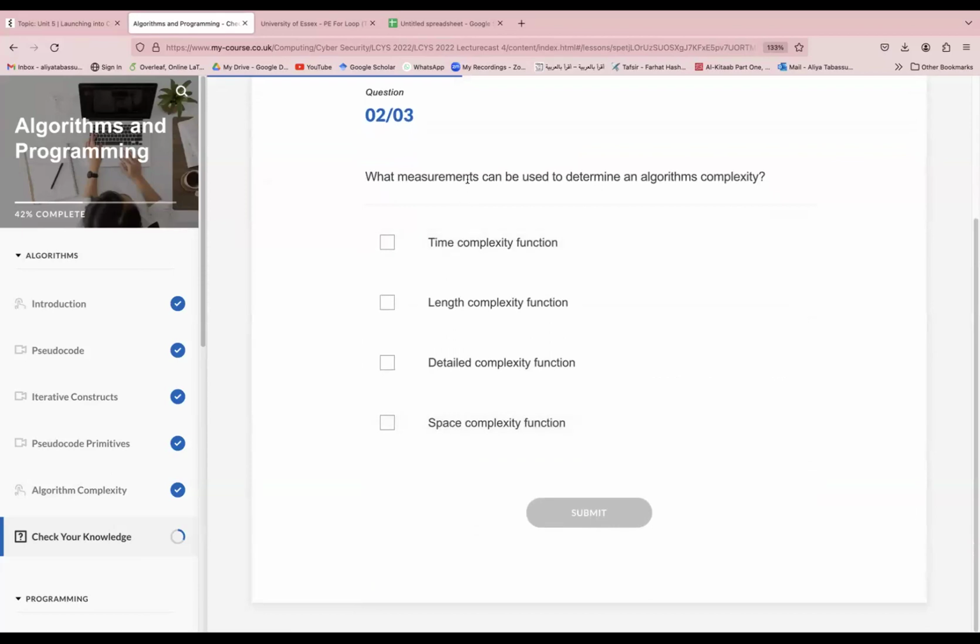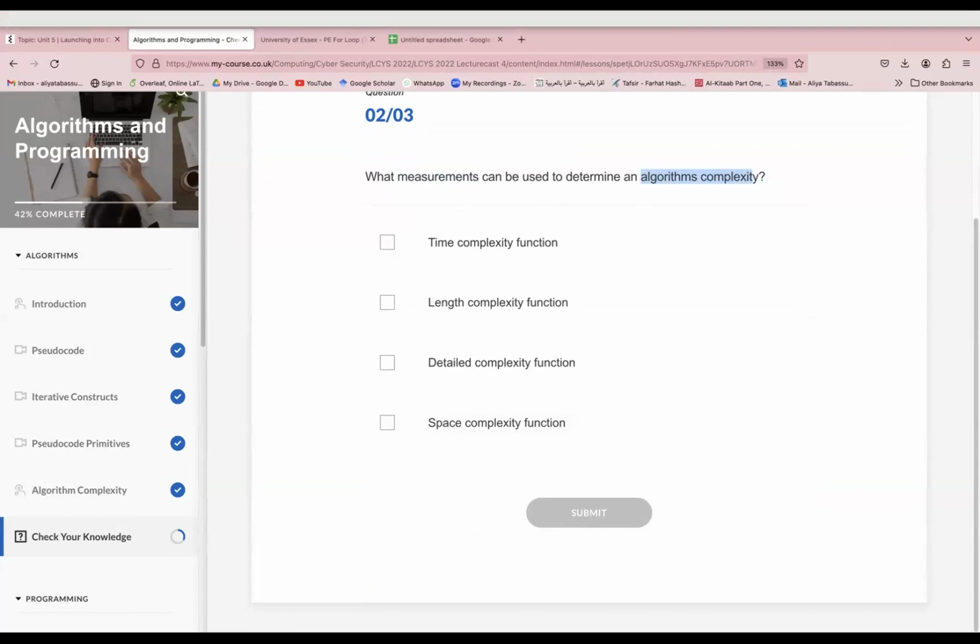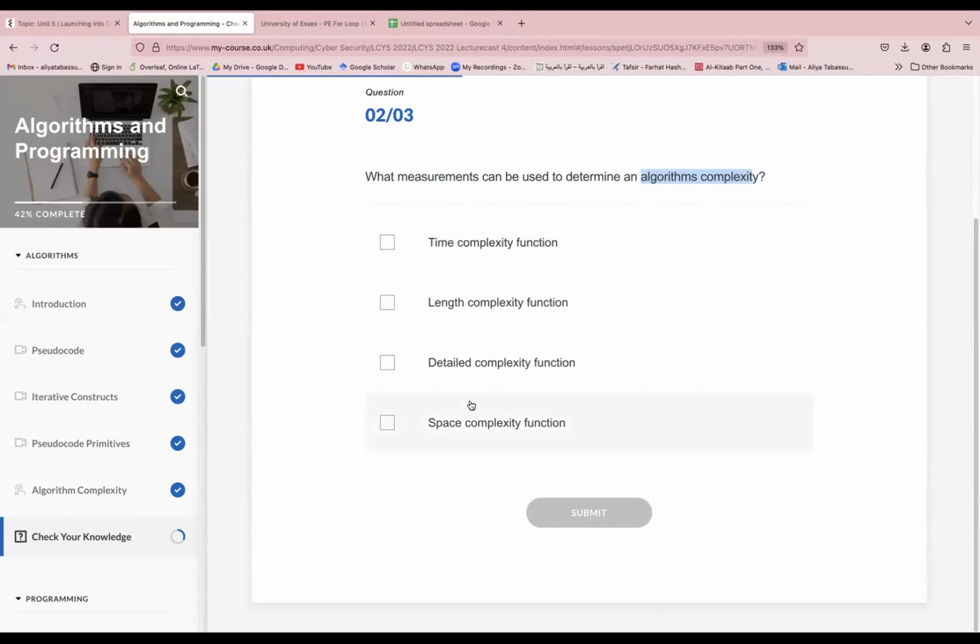What measurements can be used to determine algorithm complexity? What things do we need to measure to determine that an algorithm is complex or not complex? Space and